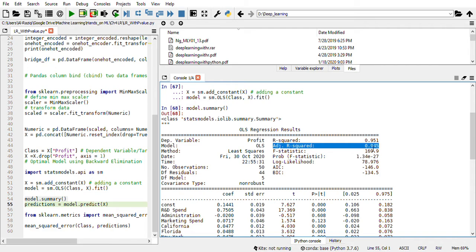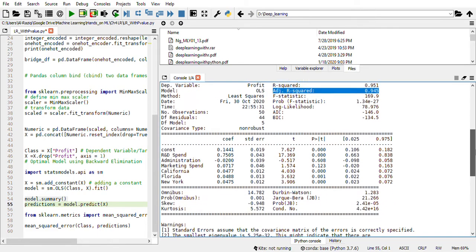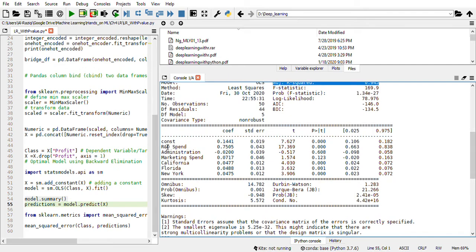So you have to do, for example, normalization, fill the missing values, or use a different machine learning algorithm, etc. So now let's see. This is our const. Const is the y-intercept. It's 0.14, and this is spend,